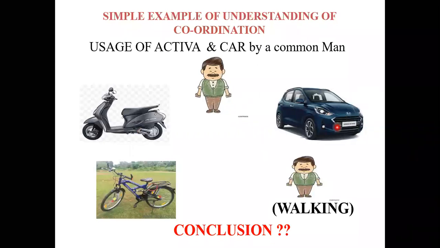But when we use these two vehicles in a proper manner, try to understand this word. When you use the two-wheeler and four-wheeler in a proper manner, then we will get some advantages, especially in terms of economy and flexibility. When used for all tasks, the two-wheeler will not come under flexibility. For example, you can't use a two-wheeler for a family. If your family consists of 4 to 5 members, it's not possible to use an Activa. Similarly, when you use a car within the cities, it is not preferable.